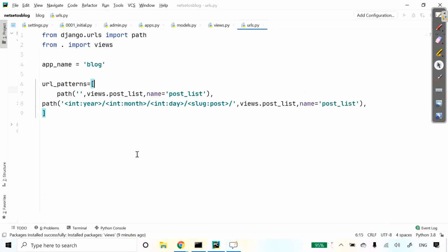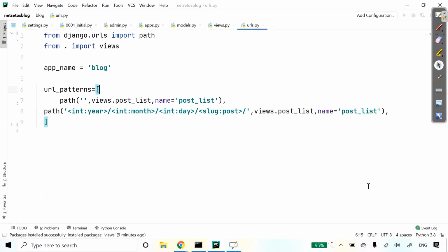Let's make it small so that I can take a look at the full screen. Now in this code we have defined an application namespace with app_name. This allows us to organize URLs by application and use the name when referring to them.